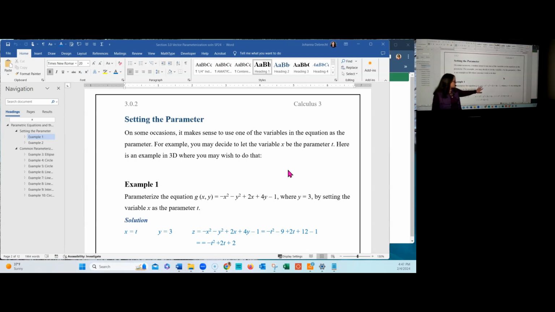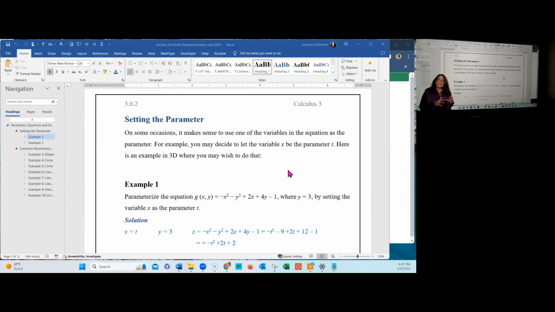Let's take a look at this equation right here, which you'll realize is a quadratic equation because it has x squared and y squared as the highest degree terms, and the other terms, of course, are polynomial in nature. We want to parameterize this function of two variables, x and y. So g of xy is actually the variable z. So we have z equal to negative x squared minus y squared plus 2x plus 4y minus 1. And we want to parameterize it when the y value is 3 by setting the variable x as the parameter